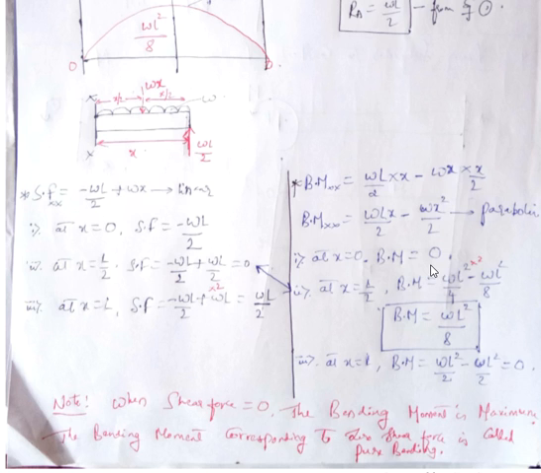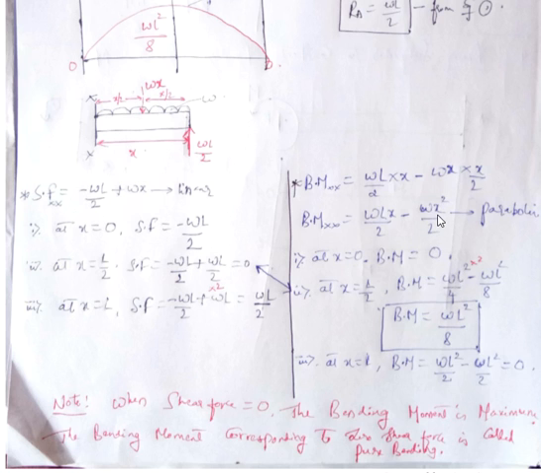Okay, then look at the conditions. When in the above equation x is equal to 0, bending moment will become 0 into anything is 0 minus 0 into anything is 0. So at x equal to 0, bending moment is 0. Then at x equal to L by 2, that is the center of the beam, put L by 2 here, so WL into L by 2 will become WL square by 4. Okay, so it will become WL square by 4 minus Wx square by 2.